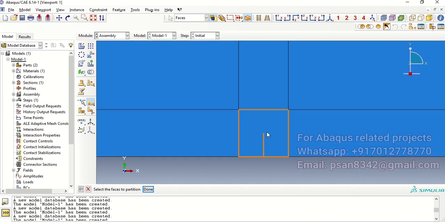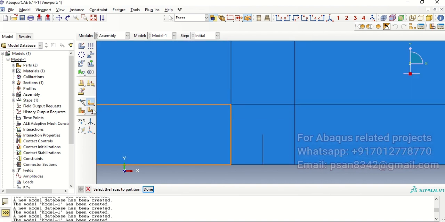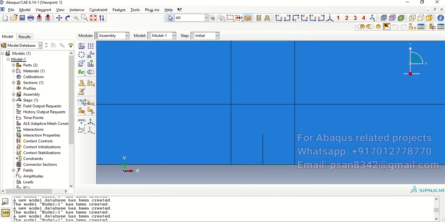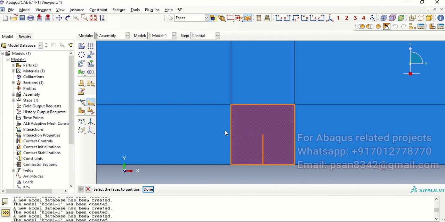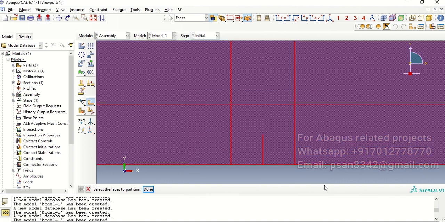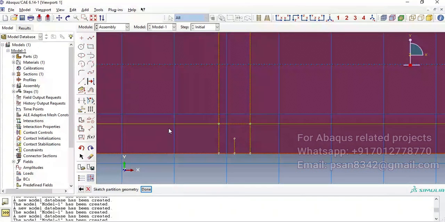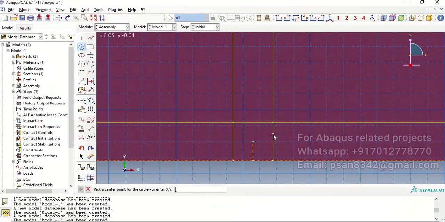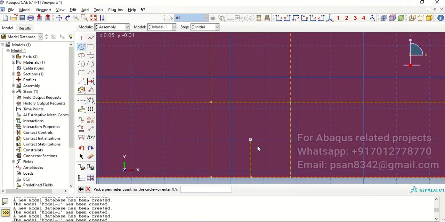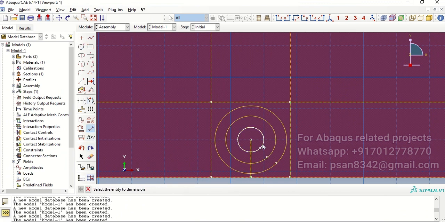So let's create the circles that we want. So let's create a circle like this. 1, 2, 3 for now, and then let's create